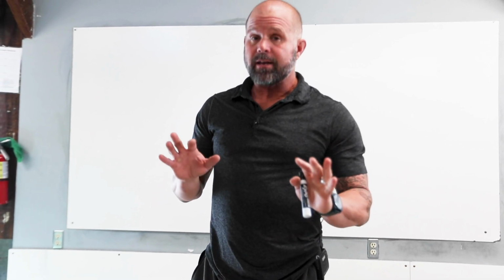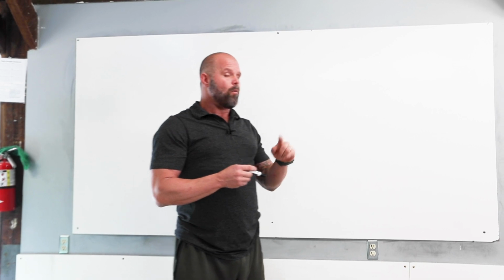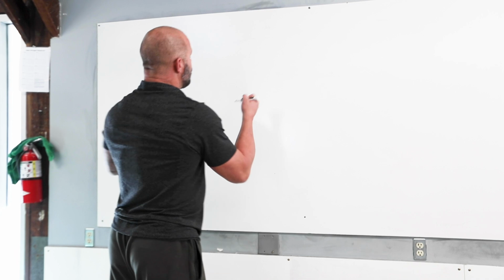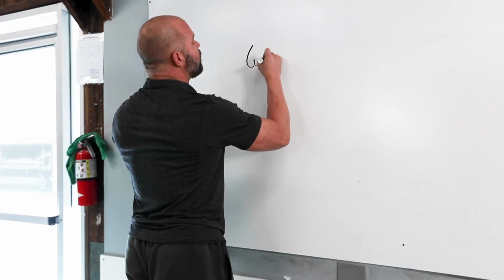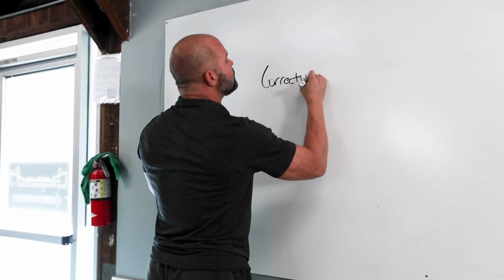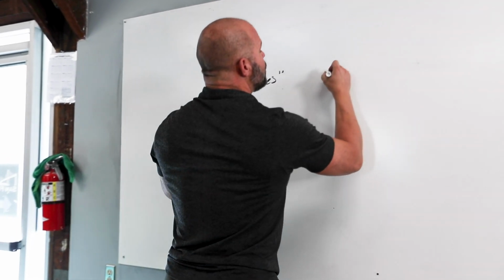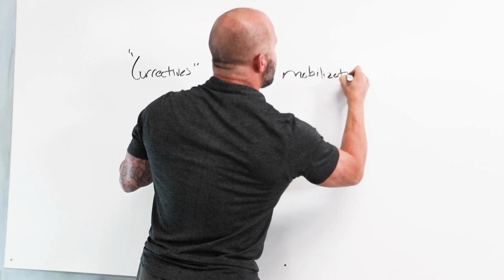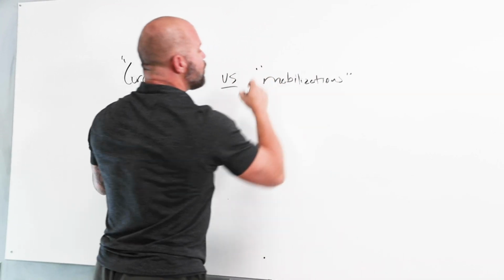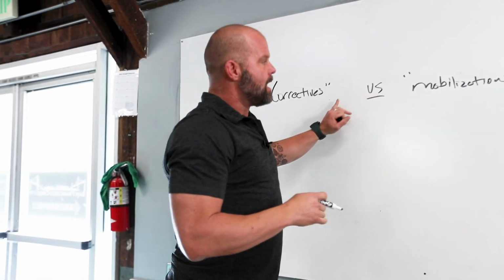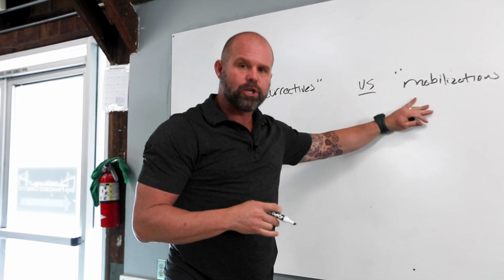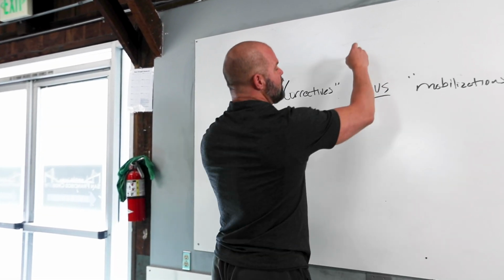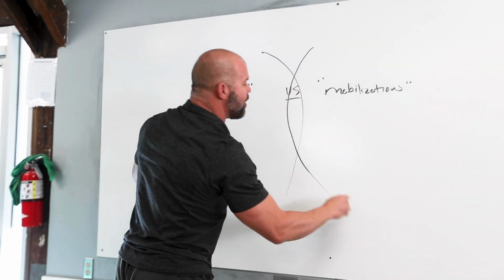So in that scope and in that vein, I want to talk about corrective exercises versus mobilizations. Let me put those up here for a second, and we'll call this first category correctives. And then over here, mobilizations. The reason I want to highlight these is that sometimes I think we fail to appreciate the nuances of this and how these things relate, in the Venn diagram, how do they